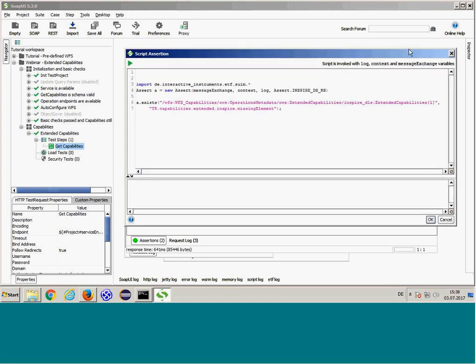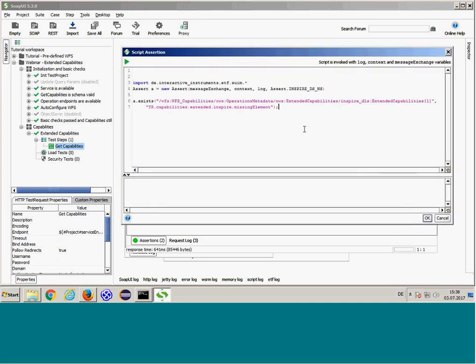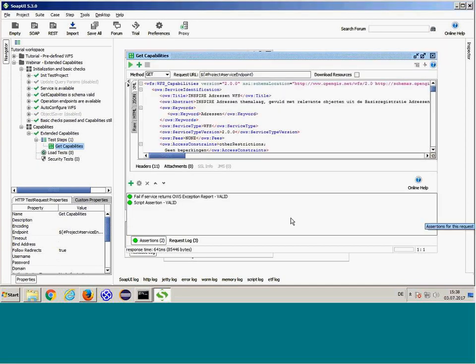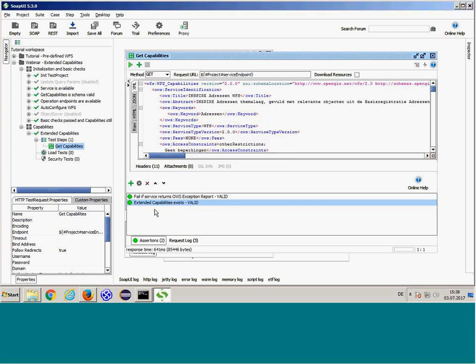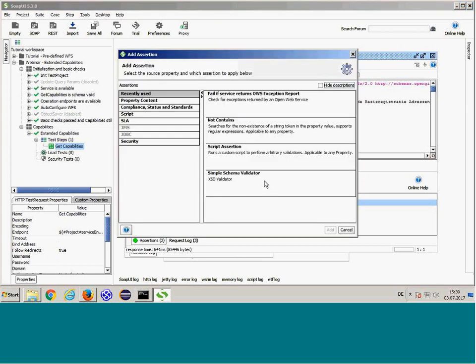So the complete assertion looks like this. We run it. To complete the test, we also need to check if the response validates against the schema, and therefore we can use this assertion.